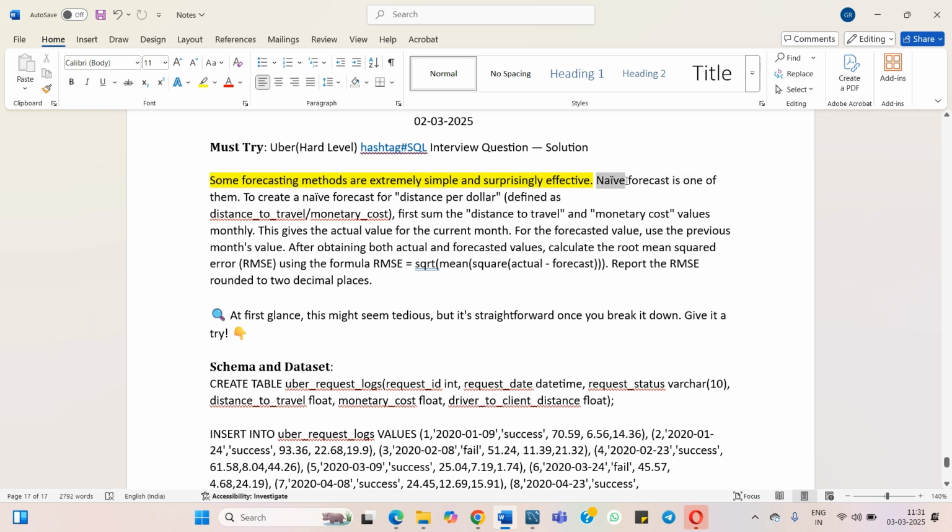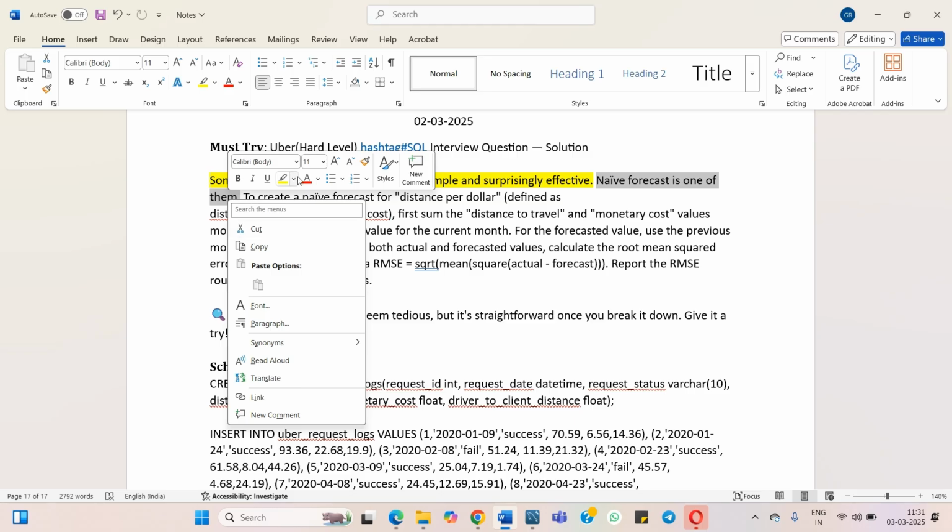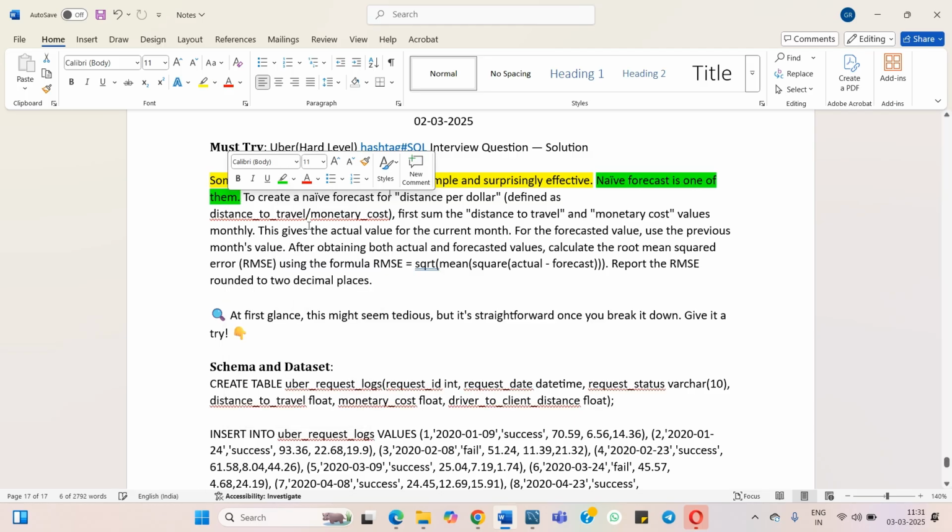and data comparison or data analysis. So naive forecasting is one of them. It is said that it is a naive forecasting question, so we can say it has asked us to solve the problem for naive forecast. In the next line it is said to create a naive forecast for distance per dollar